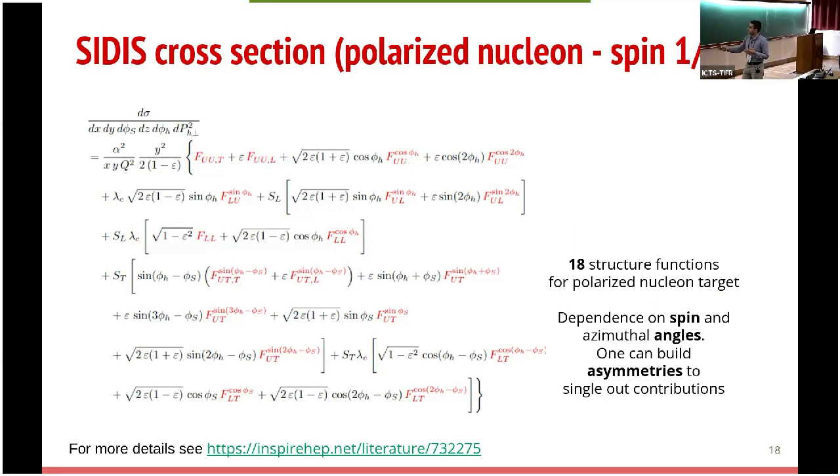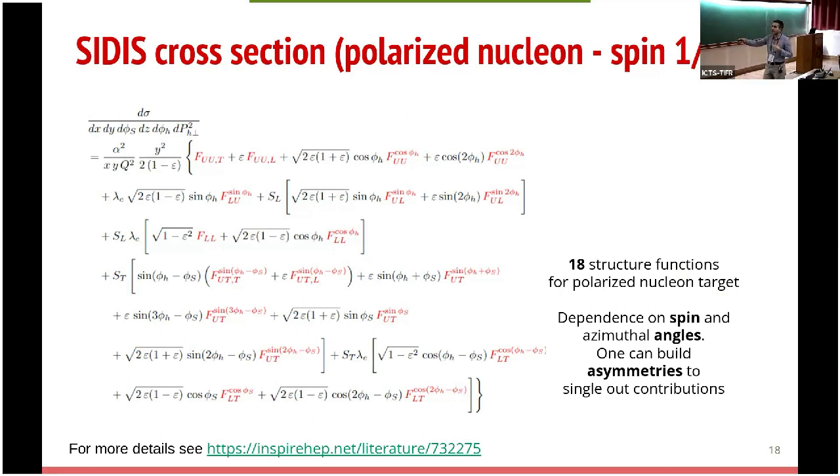So consider, for example, this specific one here, which we're gonna see also later on. What do you think it is? Can you tell me? So what's the code for the subscript? Which kind of beam do we have? The beam is U, so unpolarized. The target is transversely polarized, and the exchanged photon is transversely polarized. So we also have a